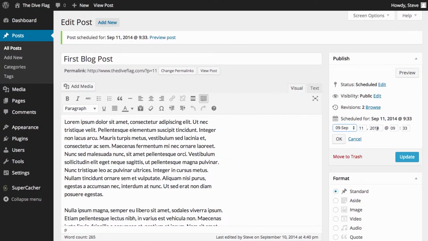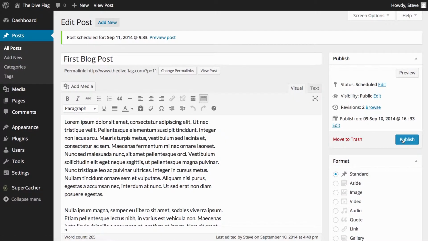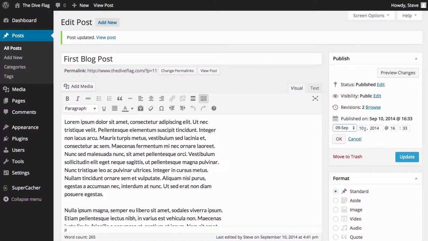If I edit this and I go back and I change this time to the current time and click OK, you can see I've come back to publish. If I now click publish, you'll see that the post was published on that particular time and date. I can still go in and I can change it,